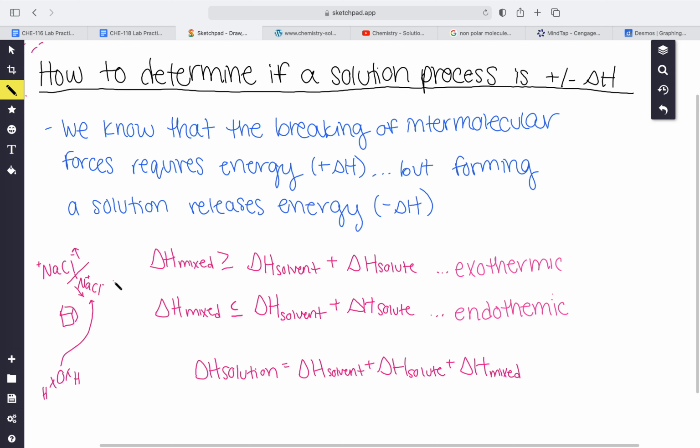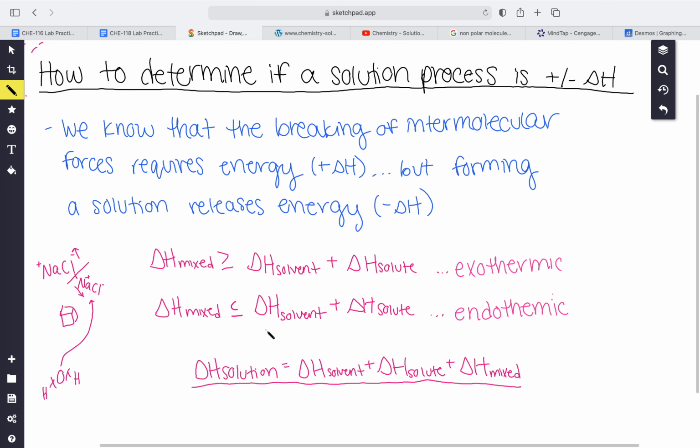So you get exothermic. So in general, we say that the delta H of something that's mixed, which would be like the solution plus like these two coming together, we say that if that's greater than both of the energies required to break the intermolecular forces between a solvent and a solute, then that's going to be exothermic, which this equation makes a little bit more sense to me when we say that when you add them together, the delta H of the solution, whether that's positive or negative, will tell you it's exothermic or endothermic, but the reverse is the same thing for endo, where if you add the solute and the solvent together and those delta H's are greater than the delta H of the mixture, then that's going to be